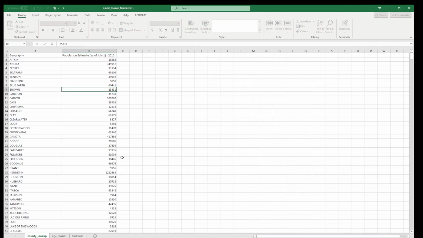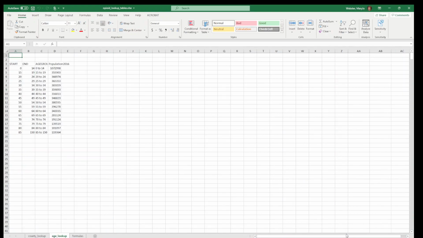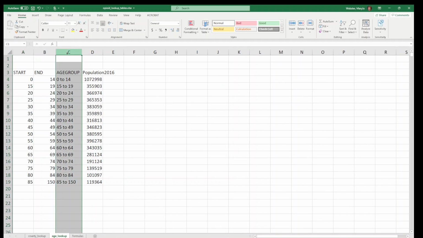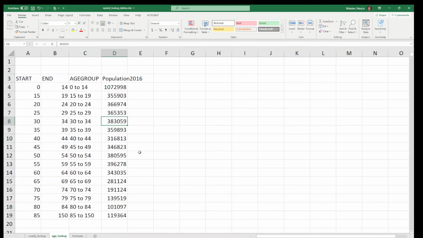And if you open that up, there's one of the sheets called age lookup. So you can see what I've done here is I've created a row for each group that I want. In column C, I've given it the label that I want to use for my groups. I've also gathered the population data in case we eventually want to do a per capita rate by age. And then this is the crucial thing we need for the VLOOKUP. We need the start age and the end age. Well, really, we need the start age of each group. That's the most crucial. You don't necessarily need the end age, but if you look carefully in this sheet, you'll